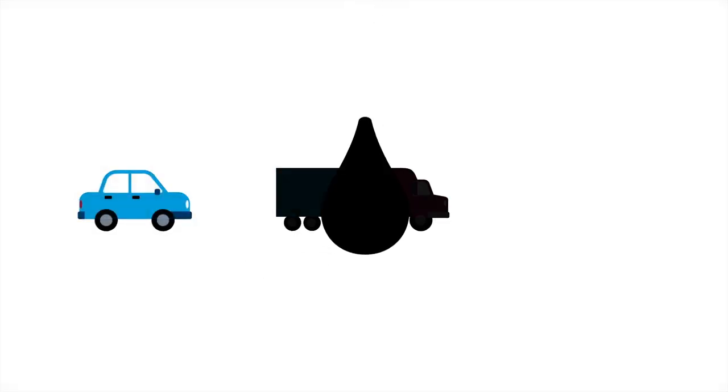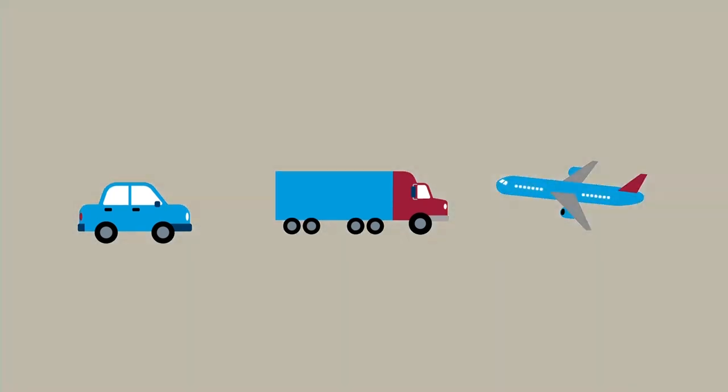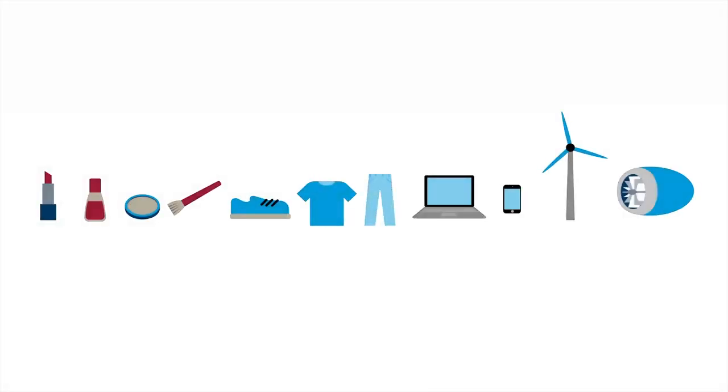Bitumen is a valuable resource that can be refined into transportation fuels such as gasoline, diesel, and jet fuel. It can also be used by petrochemical plants to create everyday products like cosmetics, textiles, plastics, and lightweight construction materials.